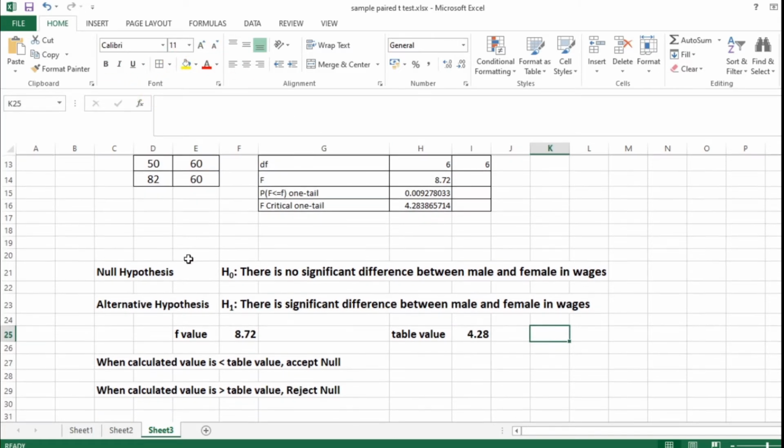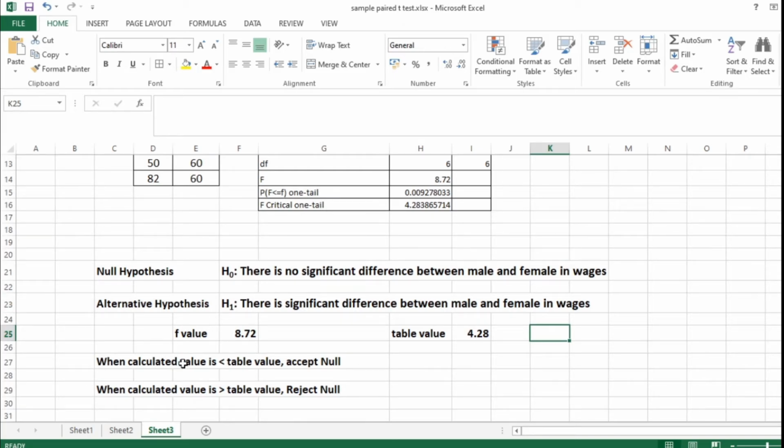So now I am going for a conclusion. Here we have the F value greater than the table value, that is, the calculated value is greater than the table value. So we are rejecting the null hypothesis. That means we are accepting the alternative hypothesis. The alternative hypothesis is there is a significant difference between male and female in wages.